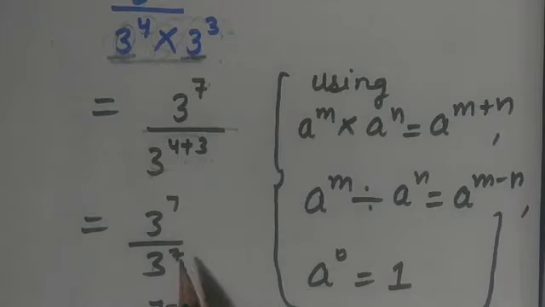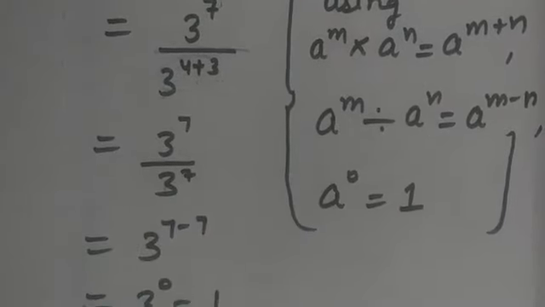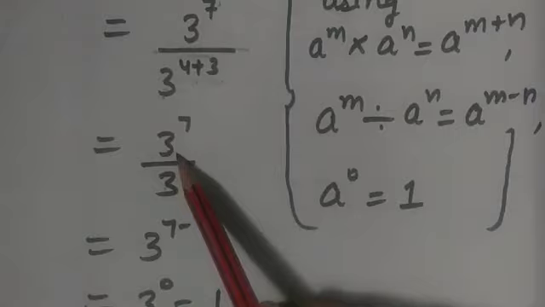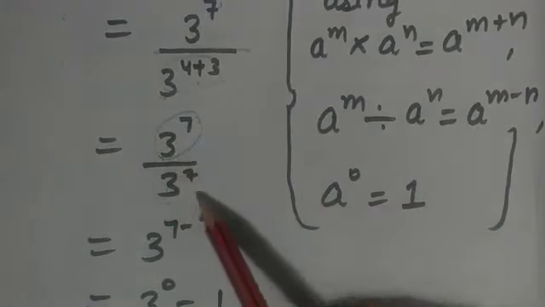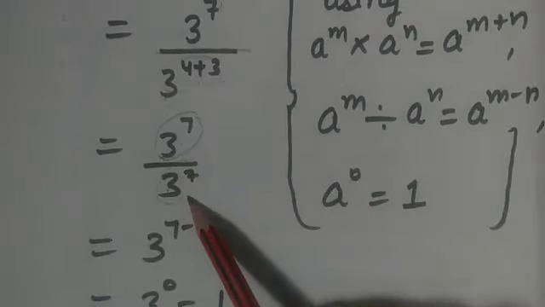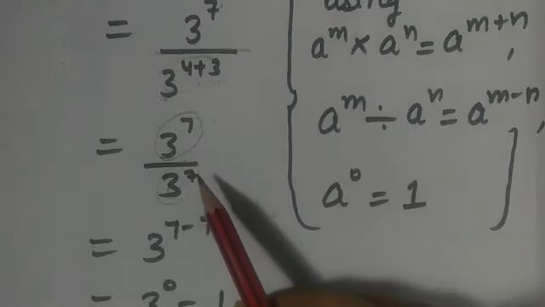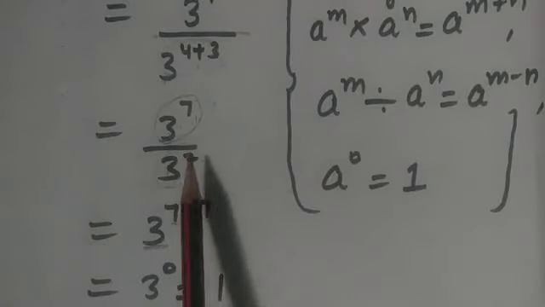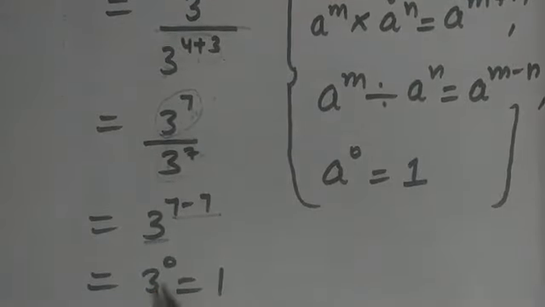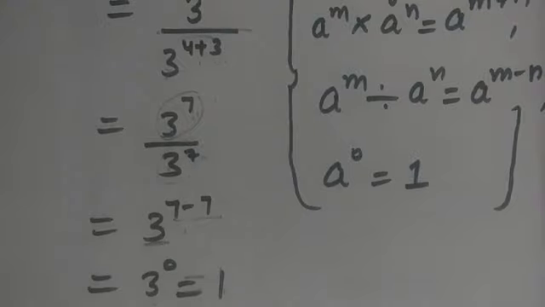Okay, now if you want to cancel them here only, you can cancel. Otherwise, you can again apply the law of exponent, that we have two exponential numbers in division having the same base. So the powers get subtracted. So it will be 3 raised to the power 7 minus 7, as we are having 7 power on both the numbers, and it will be 3 raised to the power 0. And any number having power 0, that is always 1. That also we have learned in the law of exponent.